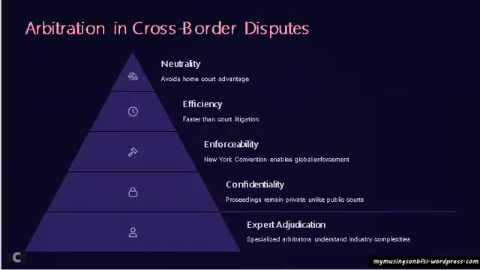Then comes the arbitration. What is arbitration? It is a preferred alternative to litigation for a cross-border dispute because it offers neutrality, speed, and enforceability. But enforcing awards, sometimes we may have to face certain challenges in certain jurisdictions because some systems may be weak or there could be interferences. What is neutrality? It avoids bias to the local court. What is speed? The resolution of the dispute could be in months, not in years.